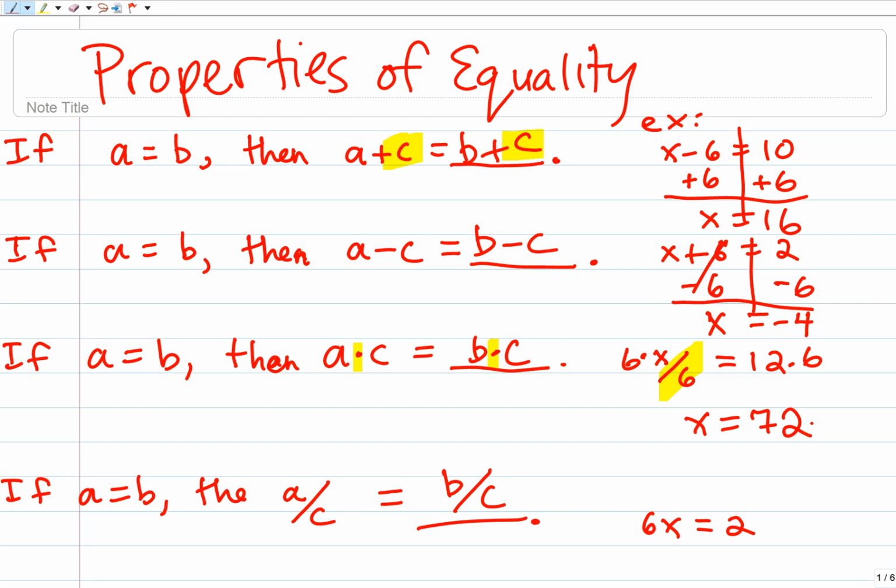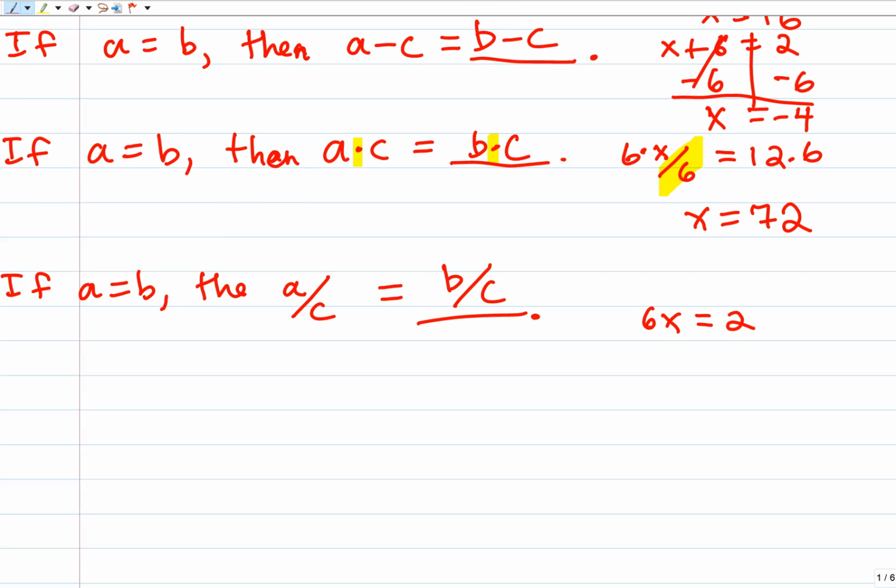And we could check that. Is 72 divided by 6, 12, okay? And then last here, the x is being what? See, 6x, there's an implied multiplication there. And to undo the multiplication,